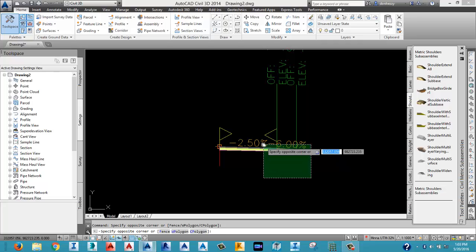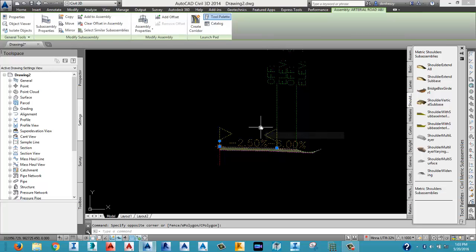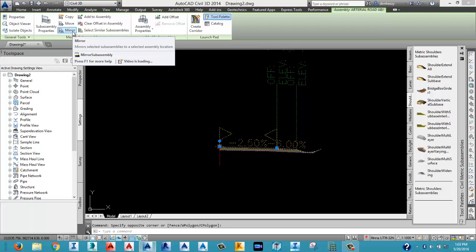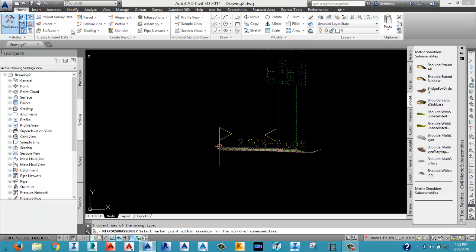I select the two sub-assemblies. Like I'm doing now, I'm selecting the two sub-assemblies. Unlike the basic AutoCAD command, I won't use the basic AutoCAD mirror, but I'm going to use the Civil 3D mirror. Do you have any issues? No, I was using the basic mirror. Okay. So once you select that, you see from your dynamic ribbon, the mirror command is actually on the modify assembly, modify sub-assembly. Okay. So you select the mirror command,